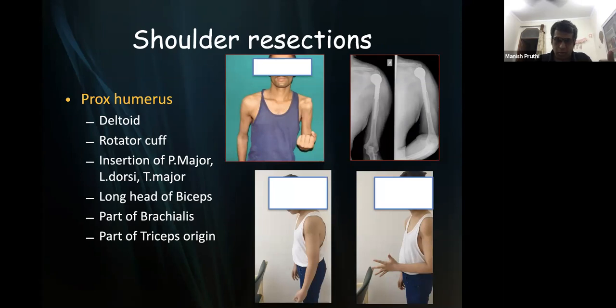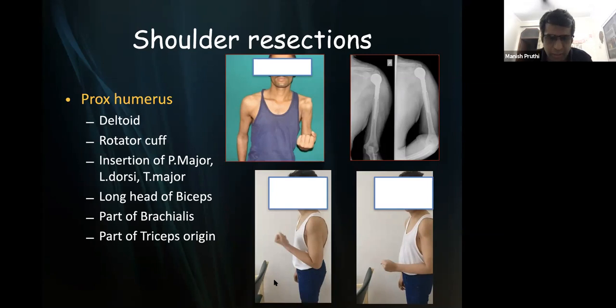So when the patient is losing all these muscles, our aim is to get a stable shoulder. And once we get a stable shoulder, the patient can get a good elbow and hand function, as you can see in these videos. Open, close. So the patient gets a good hand function and a good elbow function. But our aim is to have a stable shoulder so that the patient can move the elbow and the hand and we get optimal function.